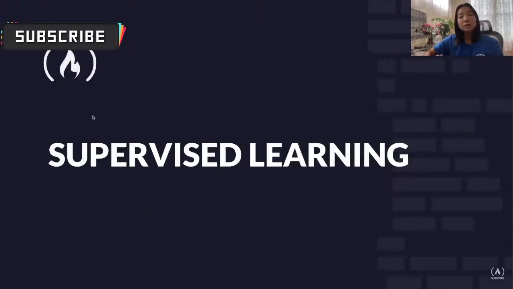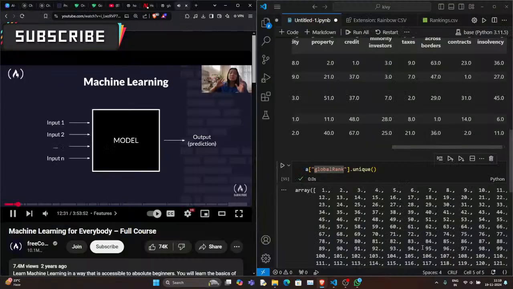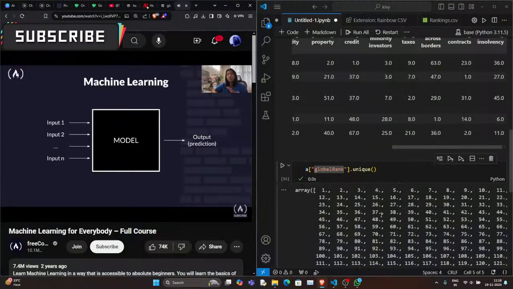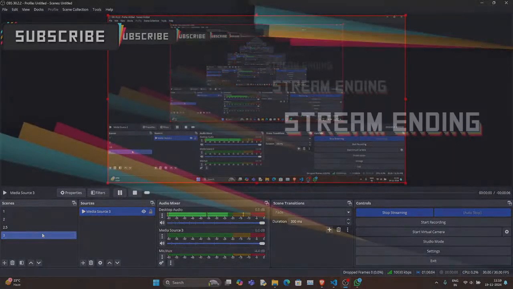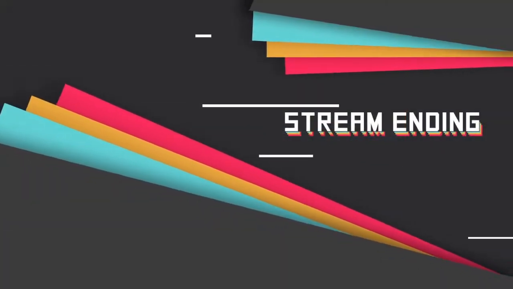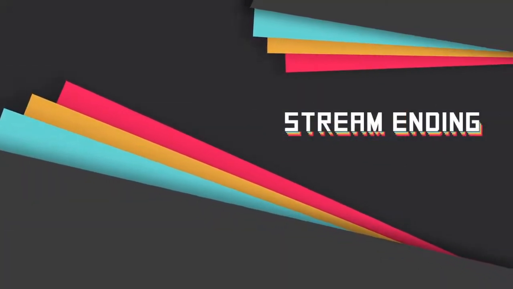All right, so let's talk about supervised learning first. So this is kind of what a machine learning model looks like. You have a bunch of inputs that are going into some model, and then the model is spitting out an output, which is our prediction. So all these inputs, this is what we call